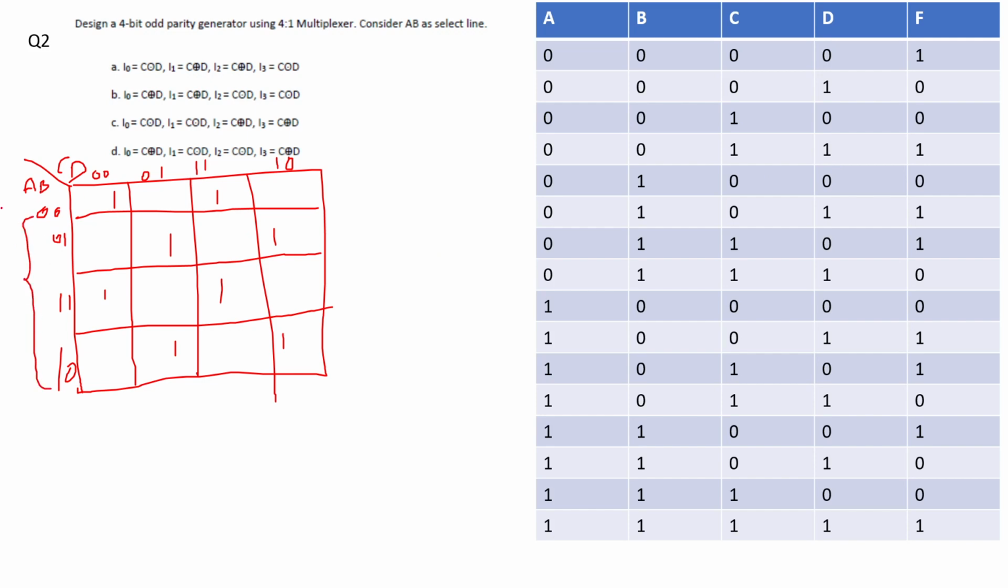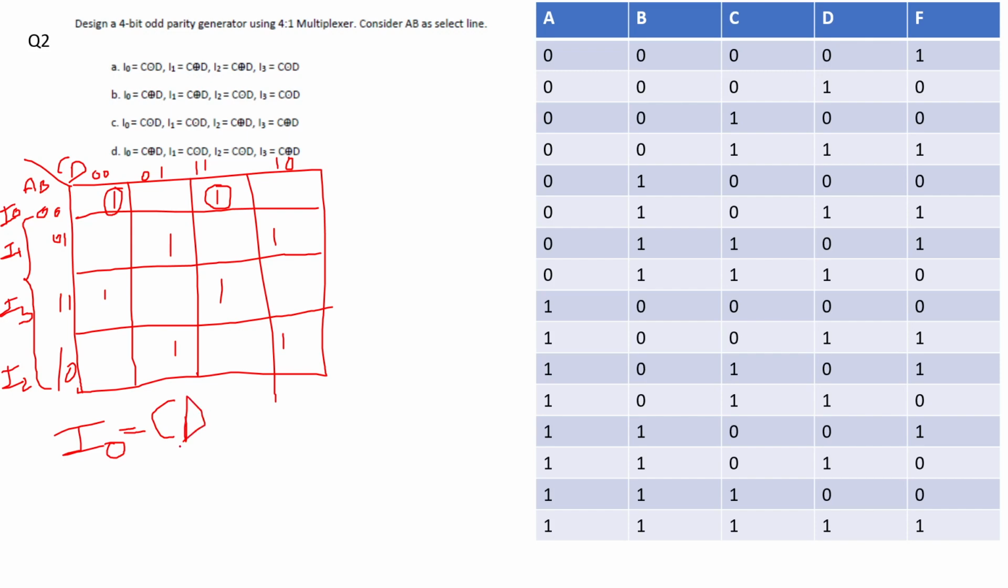So when AB is 0, 0, I0 will be selected. When AB is 0, 1, I1 will be selected. When AB is 1, 1, I3 will be selected, sorry, and when AB is 1, 0, I2 will be selected. Right. So these are my select lines here. So when AB is 0, 0, I0 will be selected. So what will I0 be equal to? I0 will be equal to this plus this. When AB is 0, 0, I0 will be 1 when